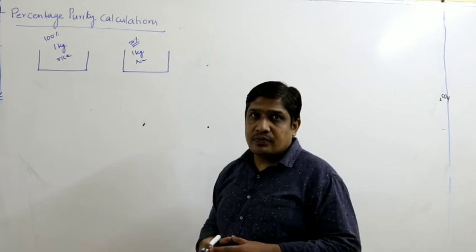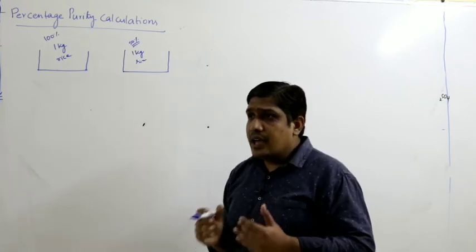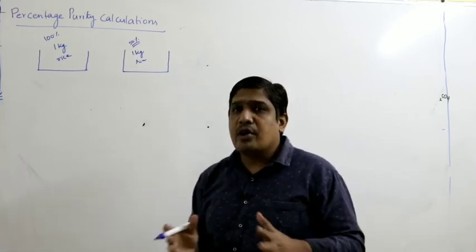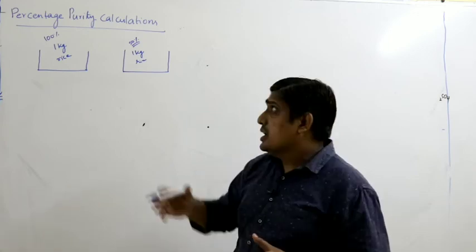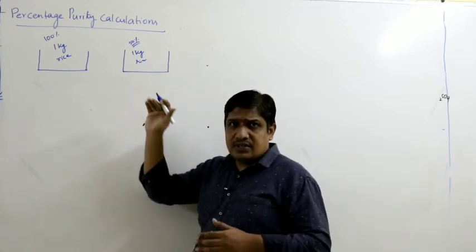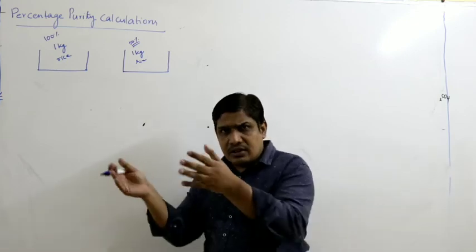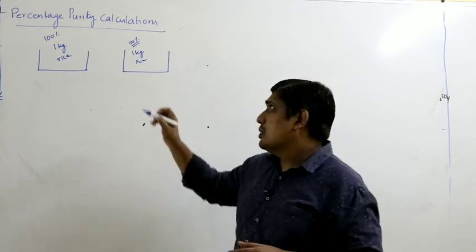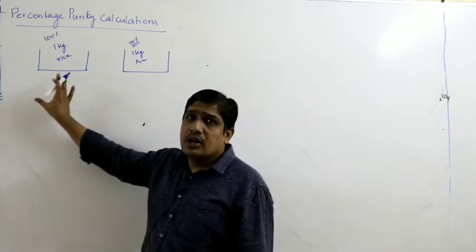So when you cook rice which is 100% pure and which is 50% pure, 1 kg rice you brought, will the amount of rice you cooked be the same or different? The answer is obvious. If it is 50% pure, that means 50% rice, 50% stones. If you remove the stones, the mass will reduce to 500 grams. Therefore, the amount of rice you cook here will be less compared to this.